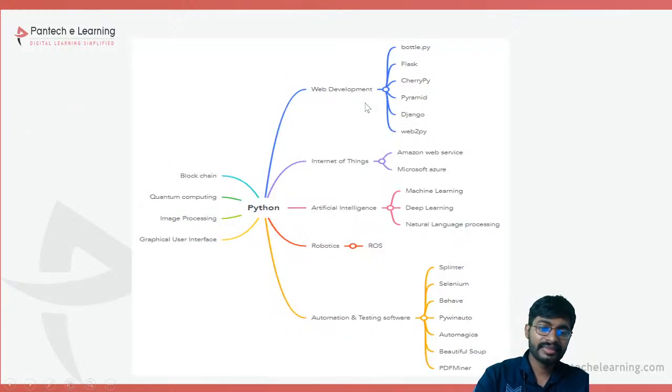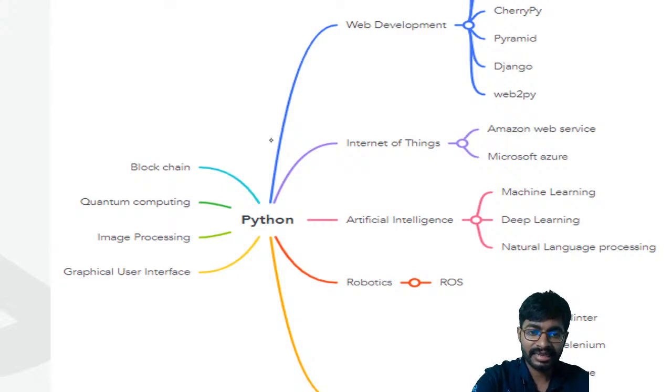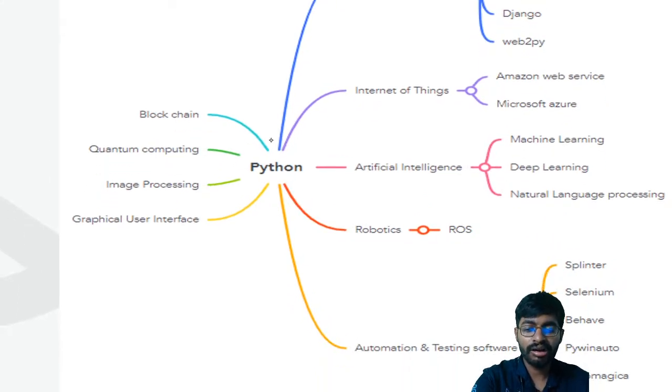So the next part here, we have created some sort of mind map regarding the Python. Okay, so this is the second point for why Python. Why we are using Python means Python is quite accessible for this much kind of technical functions. Let us start from the right side top. Web development, Internet of Things, artificial intelligence, robotics, automation and testing software, graphic user interface, image processing, quantum computing and